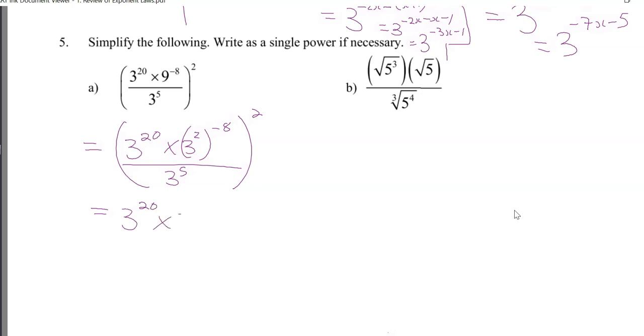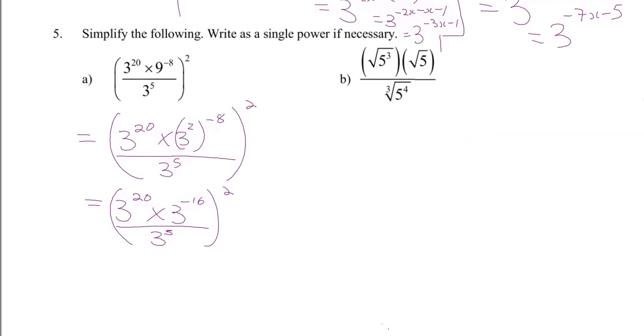So 3 to the 20 times 3, power to a power, multiply. We've got negative 16 over 3 to the 5th. That's all squared. So we've got 20 plus negative 16. So just write that as 20 minus 16 minus 5 because that's in the denominator. So here we're adding. Okay, but instead of writing 20 plus negative 16, we just write 20 minus 16 minus